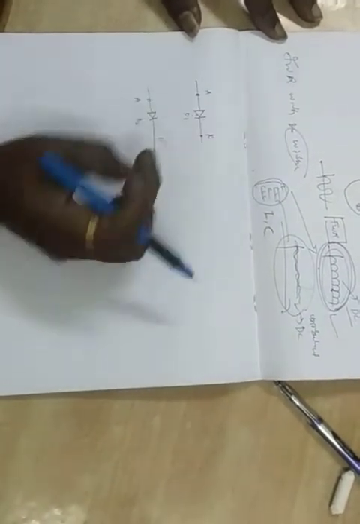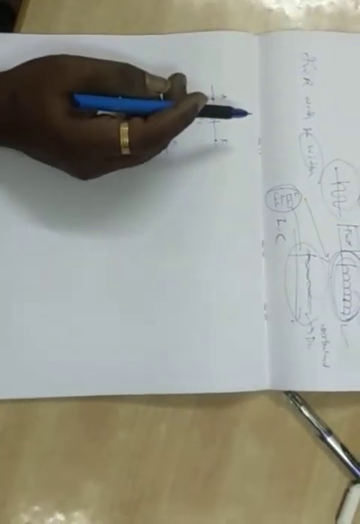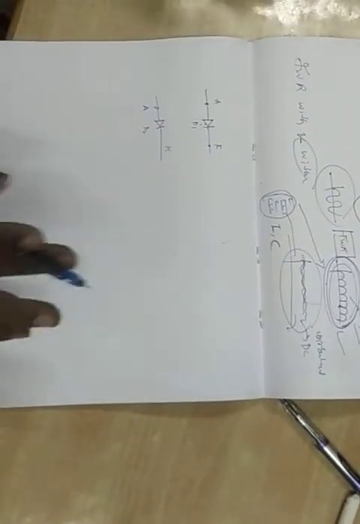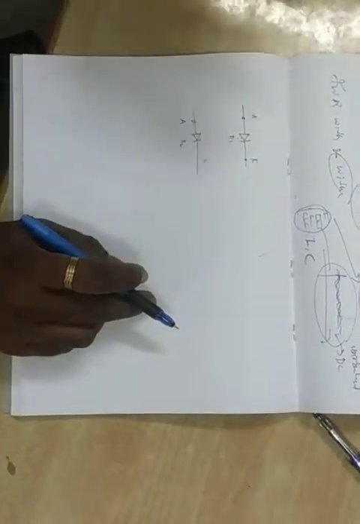To this, what do we have to give as input? If it is a rectifier, what do we have to give as the input? AC. But the switch box is providing 230 volts of AC. If we give that 230 volts of AC directly, the diode gets damaged. It will burn. So that much it can't accept.